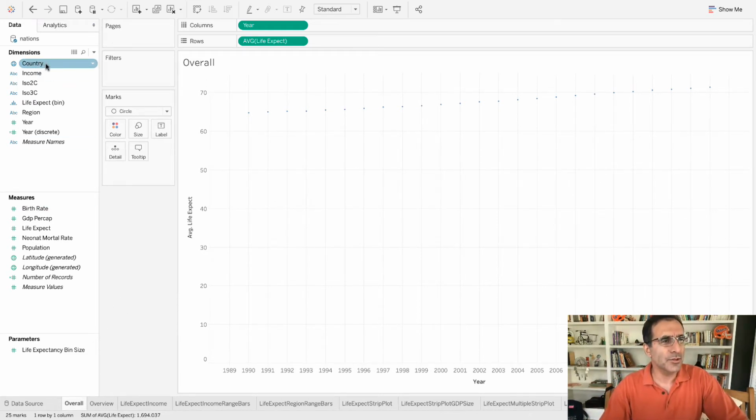So you have a bunch of dimensions: country, income, and then the country codes, life expectancy bin, and then the region and the year. We have 2 years, just like you did in assignment 2. We have a year which is continuous, and there's a discrete version of this. And then you have a bunch of measures: birth rate, GDP per capita, life expectancy per year, neonatal mortality rate, population, and so on. So what I'm going to focus on this time is life expectancy,